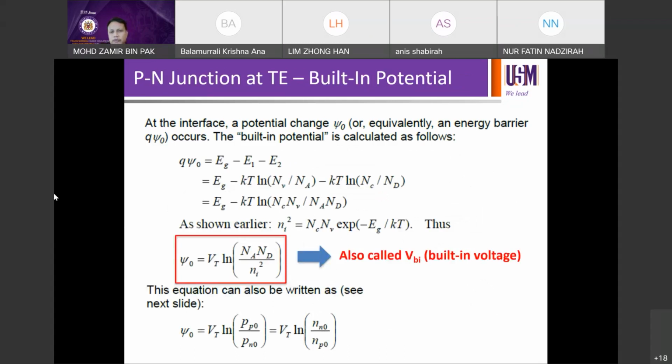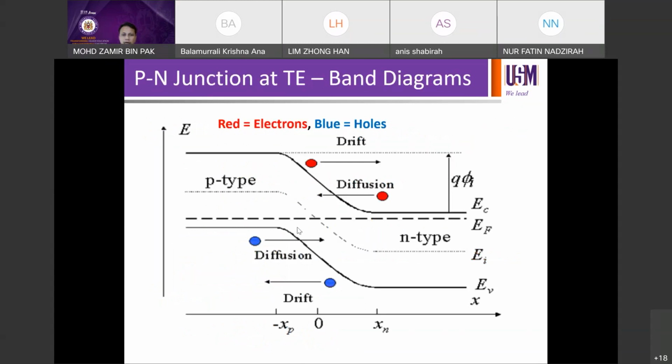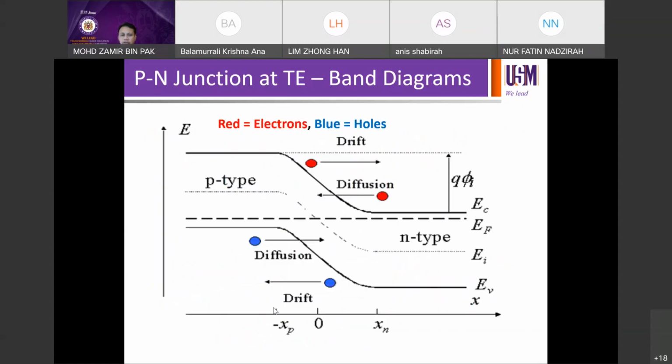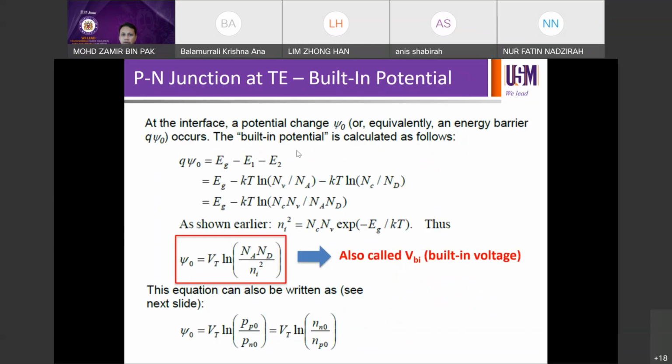We have also learned that when you have a single Fermi level, or when you have achieved the thermal equilibrium condition, there will be this built-in voltage, qVbi, which is initiated by the formation of the PN junction. And if you want to do the calculation of this voltage,